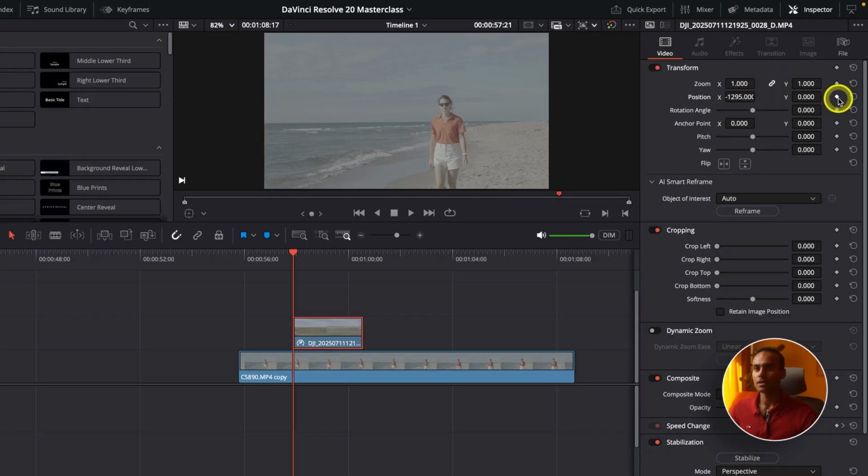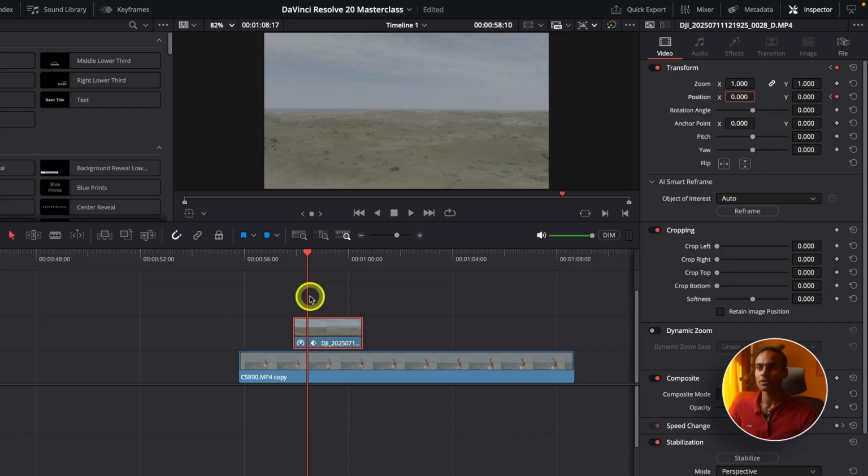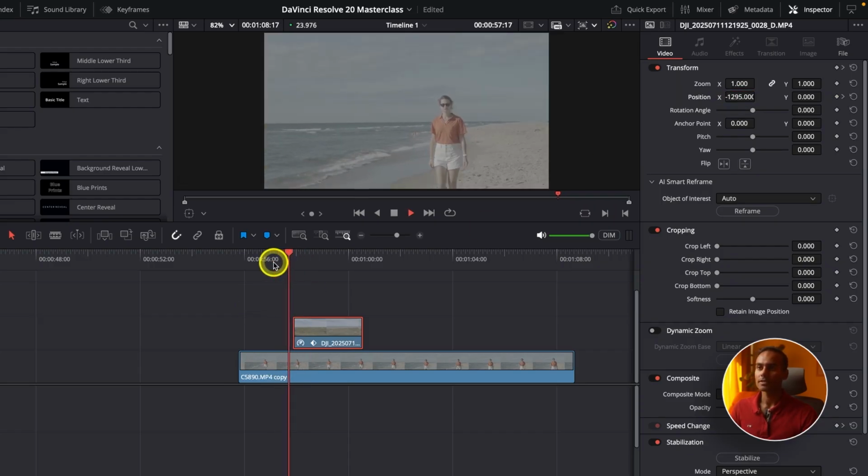And I can set up a keyframe here. I'm not setting up here because we don't need to keyframe everything. We are just making a change here. So let's do it here. And now at this second, I want it at its normal position. So here, if we play this,